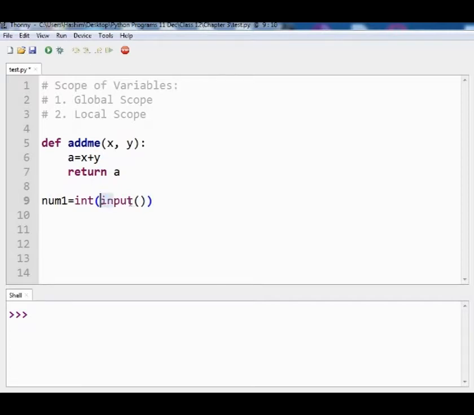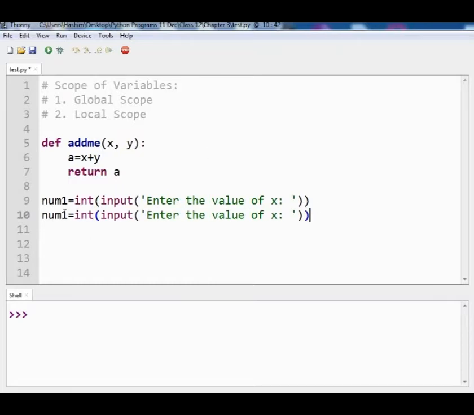So this is the input function, and this is for the whole integer. So let us give some text also so that it becomes easier to understand. In the output, enter the value of x, and let's enter the second number also.